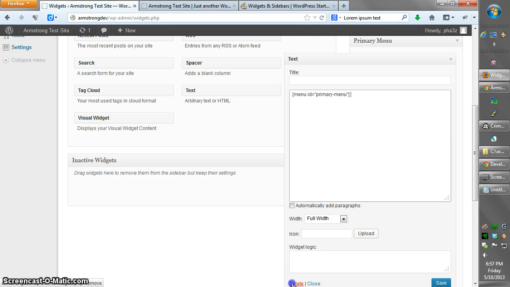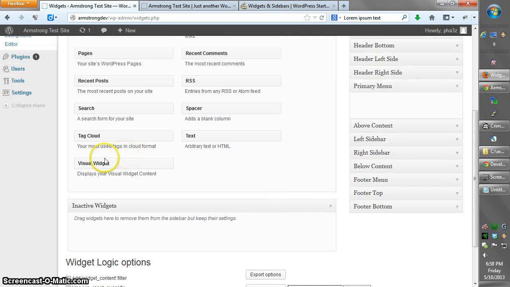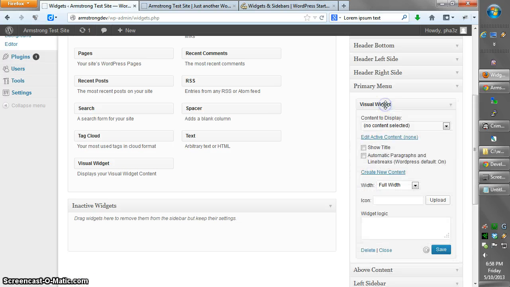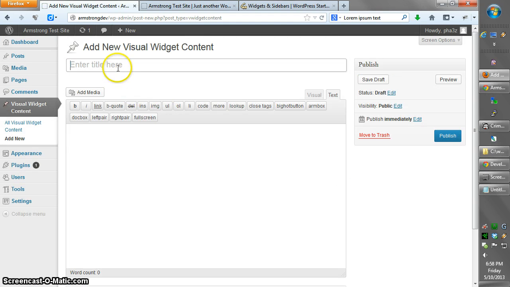But we're going to actually delete this text box, and instead we're going to use an Armstrong visual widget. We're going to hit create new content, and it makes a new post type called a visual widget. I'm just going to call it something, it doesn't matter what you call it. I'm going to paste in the short code, and I have to add a class to tell the menu how to be displayed. I'm going to make it SF menu, which is short for Superfish menu. So it'll be displayed as that type of menu. I'm going to hit publish,